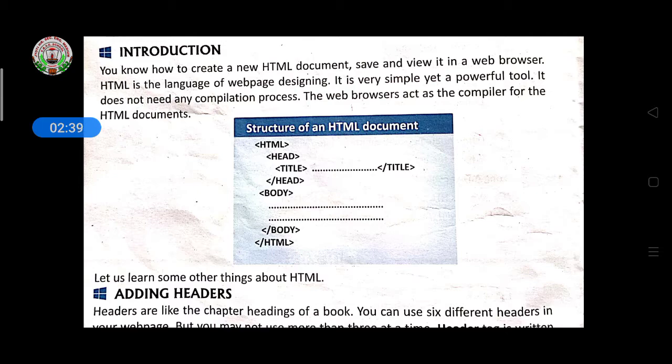If you want to display your output with the help of a browser, Internet Explorer or Mozilla Firefox, and you have written any wrong code, the browser will not give information about your mistake. The browser will show the program as it is, exactly what you had typed.